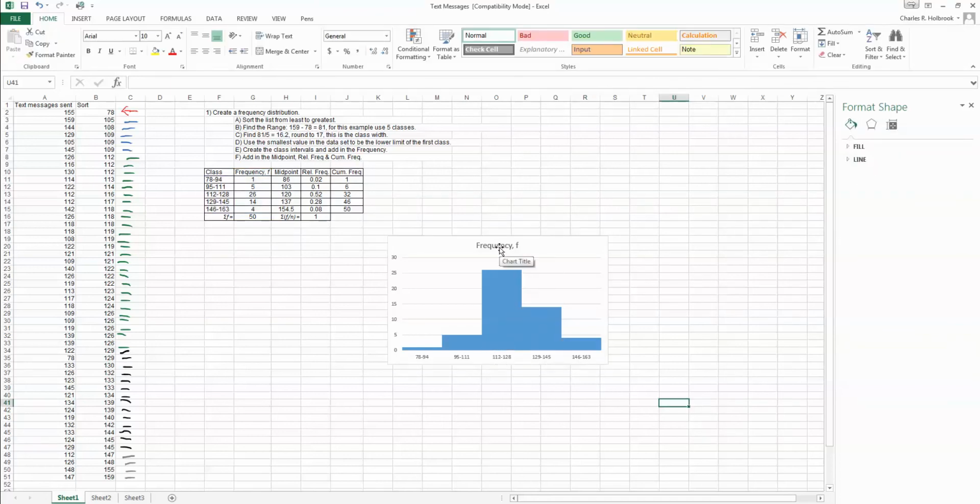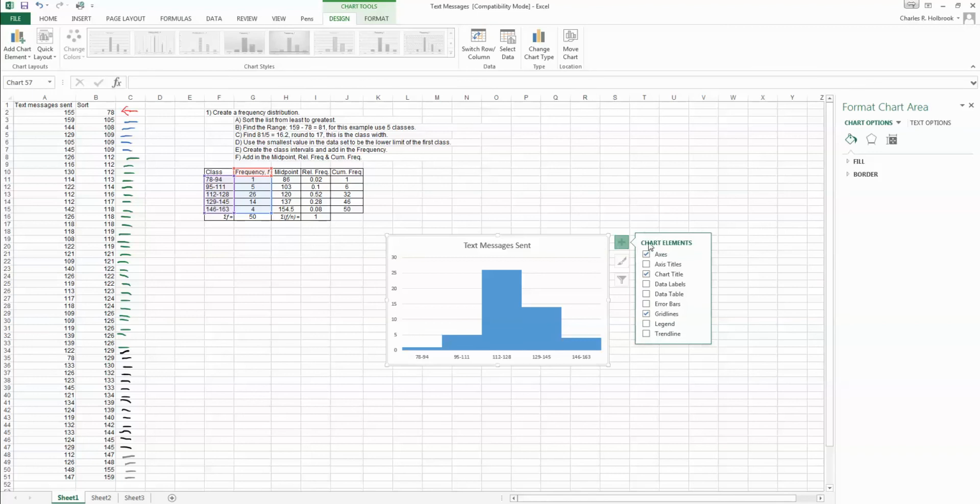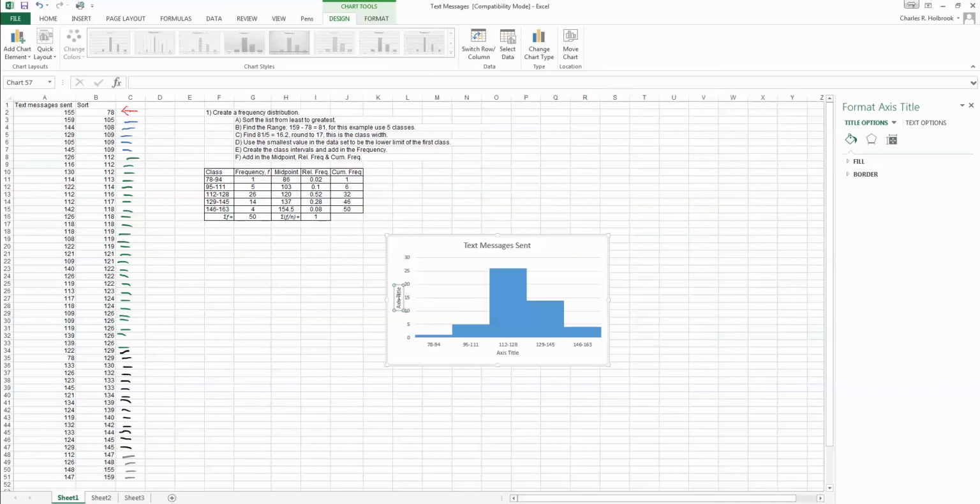Now, I can go ahead and modify this if I want, and I can change the title here if I want to, and I can just say histogram, or I can change it to whatever it is that I want. For example, in this case, this is text messages sent, so we'll just call it text messages sent. And if I want to, I can label the X and the Y axes, and I can do that by adding in right here. I can say axis titles, notice that they pop up, and if I left click that, then I can just go ahead and double click in there and change it,